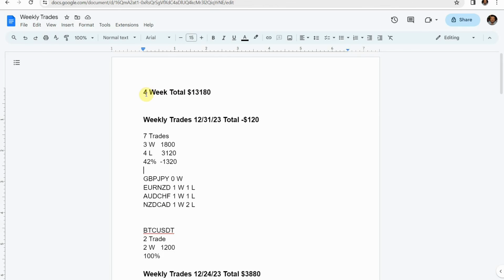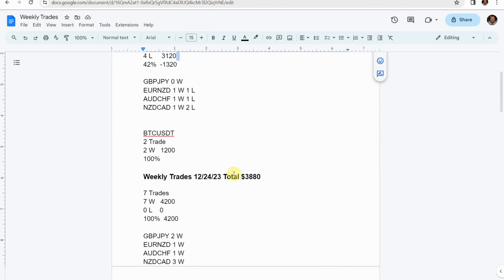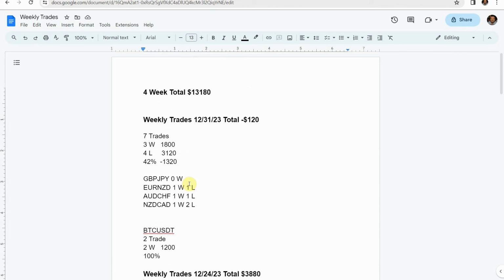Now, our 4-week total would have been $13,180. So we still have a really nice profit. And this just goes to show the reality of trading. You'll have good weeks. You'll have bad weeks. The name of the game is to have better green weeks than you do on the bad red weeks. And so you can see that a drawdown of $120 compared to about an average of $4,000 a week on the winning side is a much better